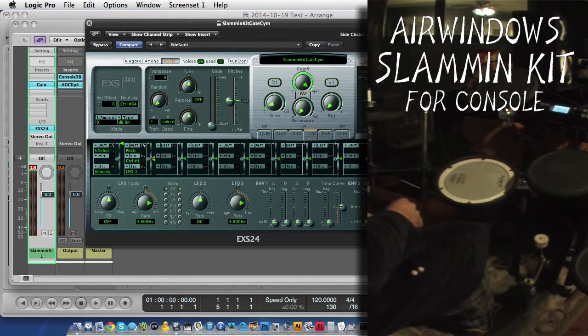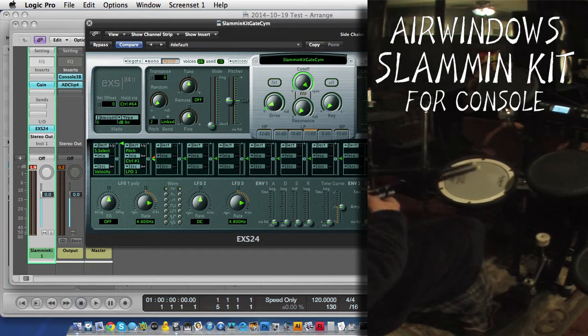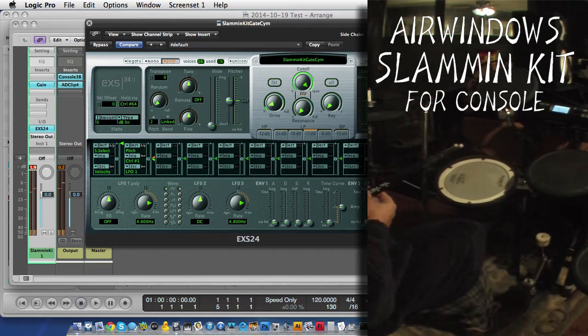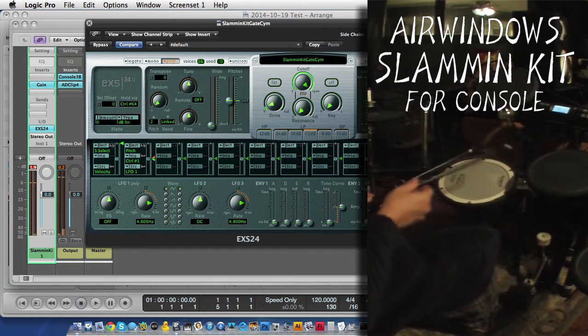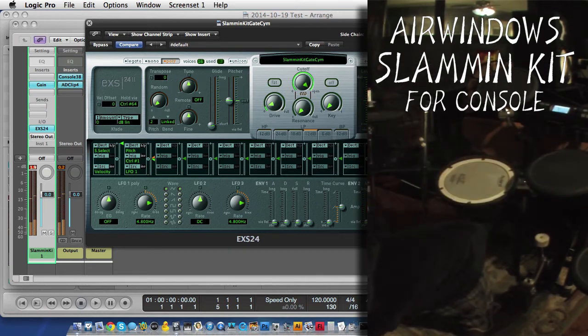One of the stranger things that I have out there, this is from a long time ago, like I said, but if this kind of madness sounds good to you, this is an Airwindows Console kit, meaning that it will work with Console if you use Console. And if you're an Airwindows user, you've probably heard about Console. You might even be using it. I'm demonstrating it with the very newest version of Console, I might add. And mad it may be, but